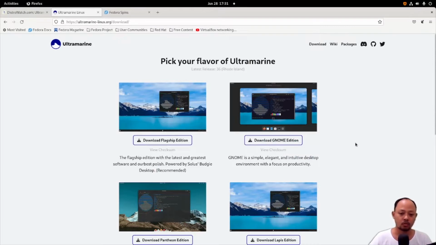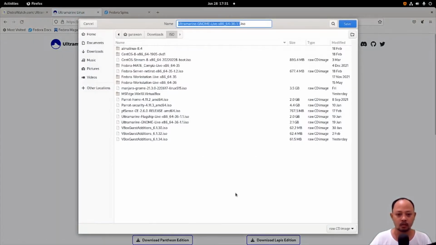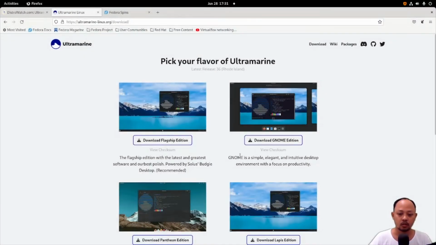Before we continue to the installation process, we need to download the ISO image. We can just click this button and then we can download the ISO directly. It means that we use the direct download method.